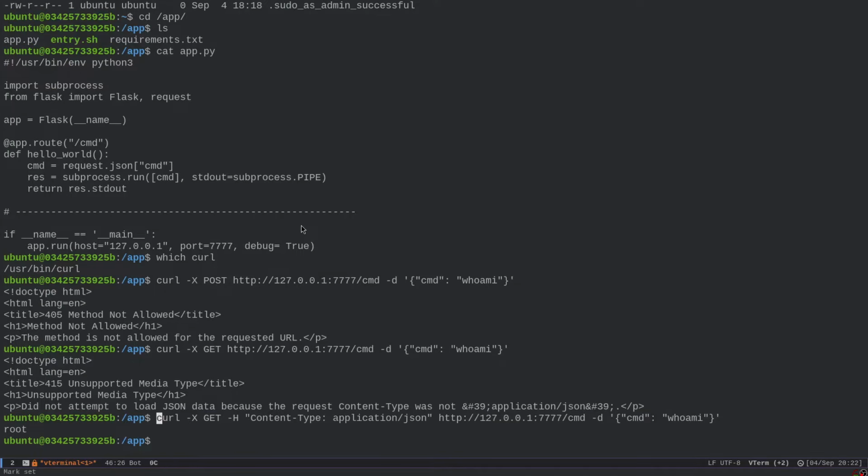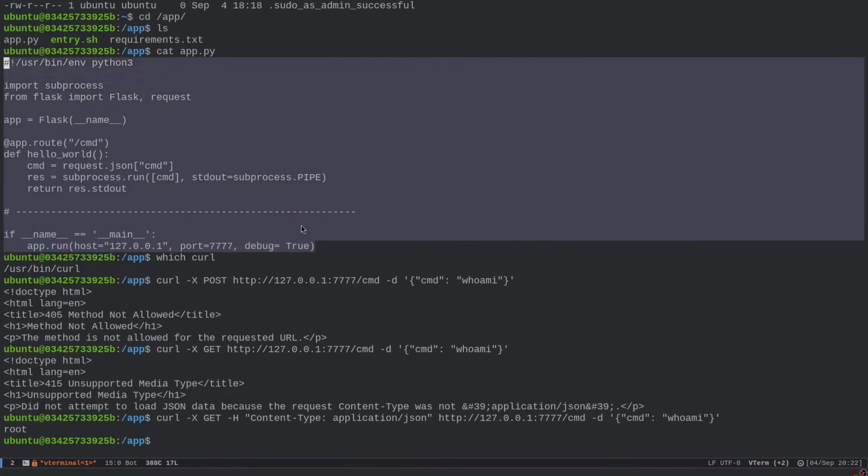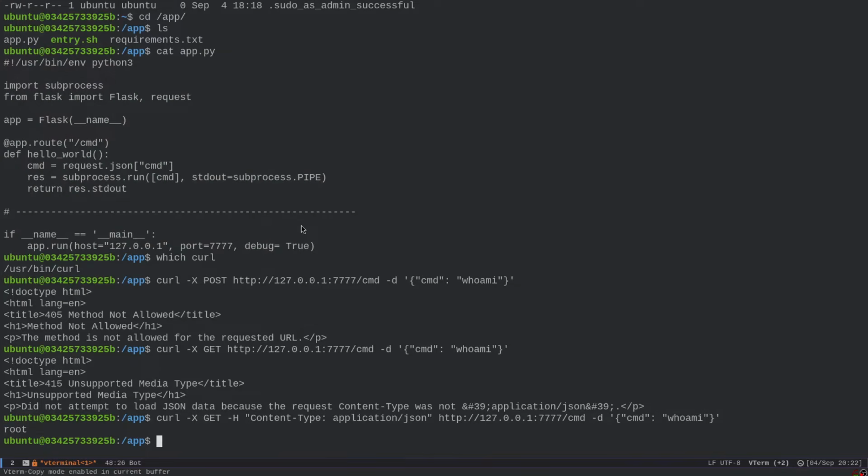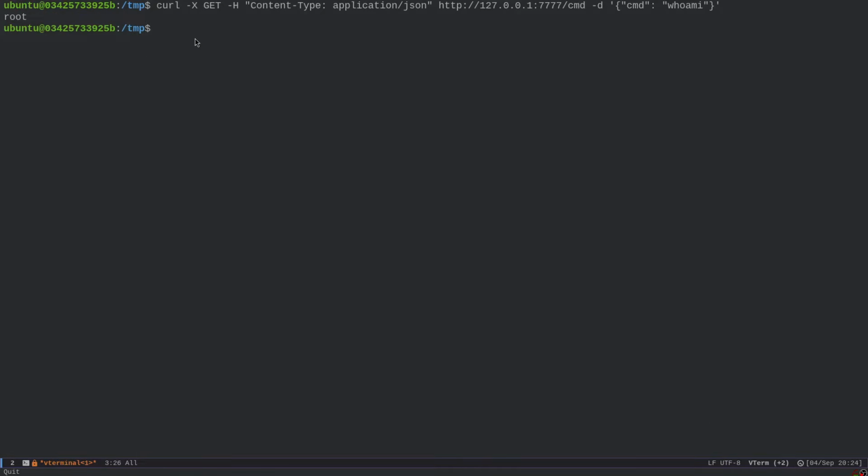Okay, notice that here I'm able to run this command directly in the container. So you could say, okay, technically I've already achieved execution as root because this Python script is actually running as root. And notice here, I sent the command whoami, and it replied with root. And so by performing an HTTP request with curl or with any other tool directly in the container, I'm able to access the endpoint